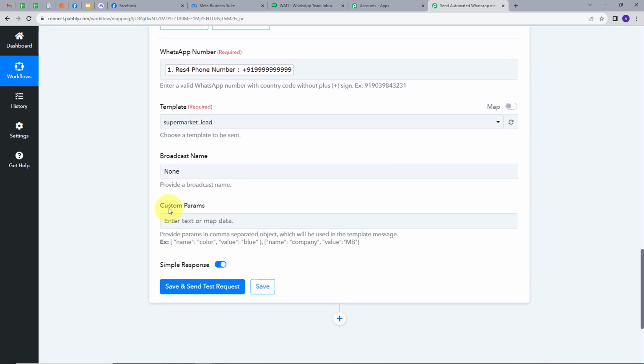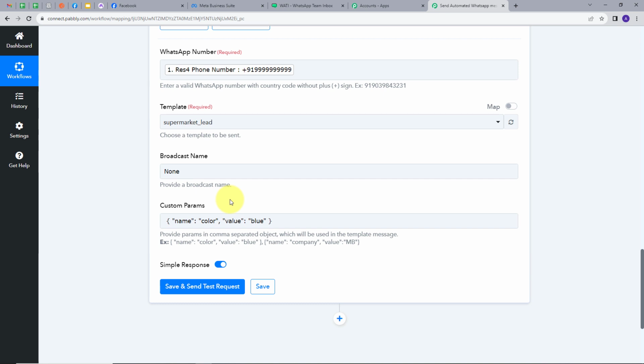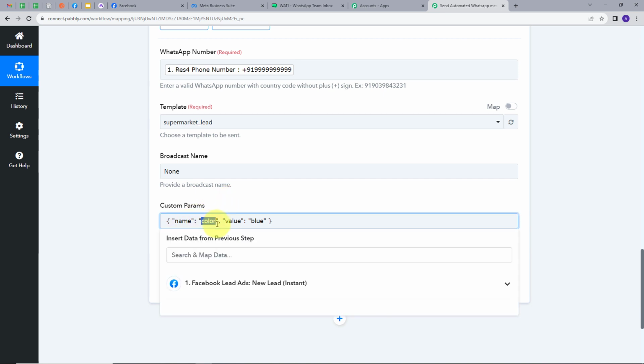Now we have this most important step, which is of custom params, and I want to avoid mistakes here. So the custom params should always be in this format, and we have custom params in name value pair. So I will just copy this and I will paste it here. Now we have one variable which is of name. So in the name section, I'm gonna clear this color and I will give my variable here, which is name. So I will type name here,